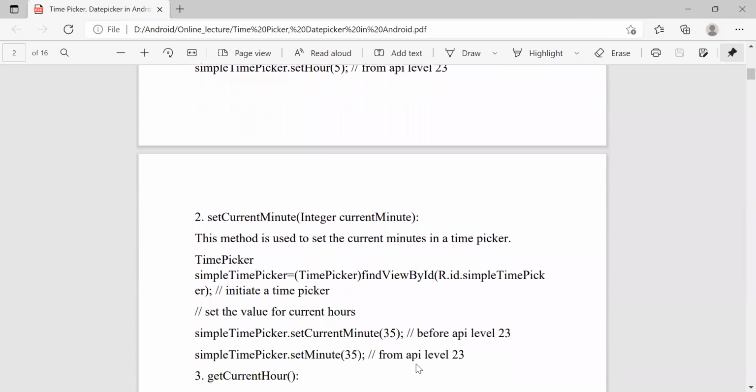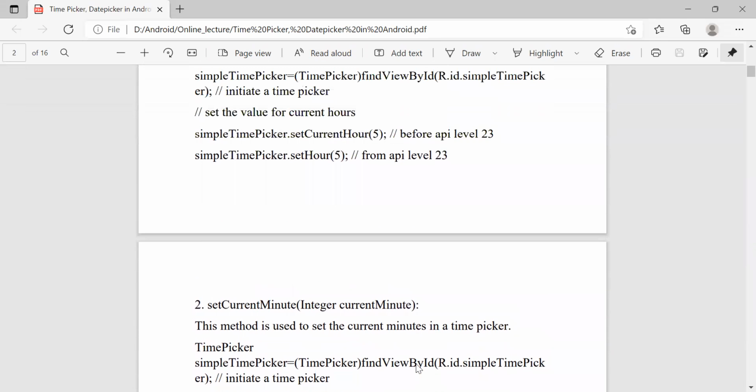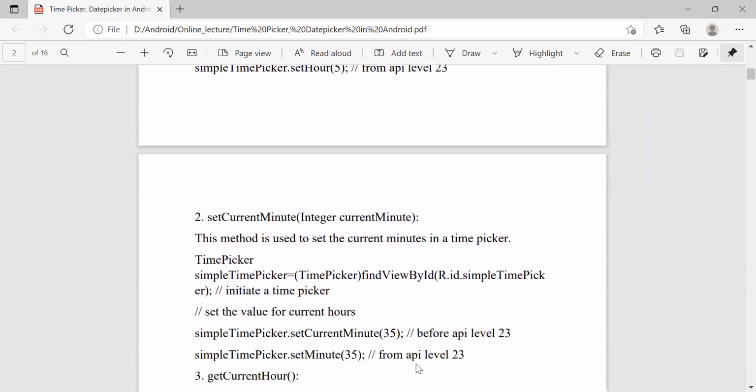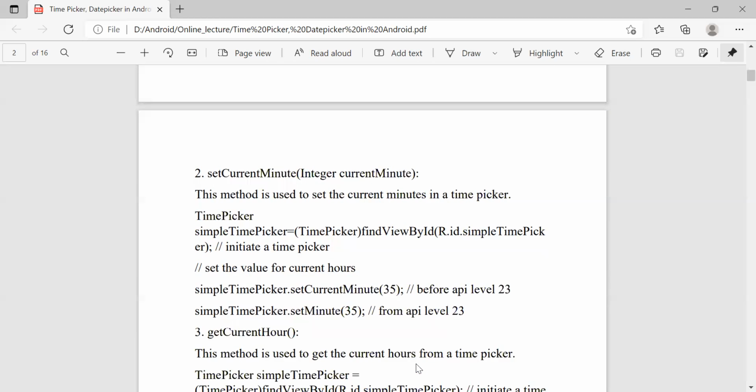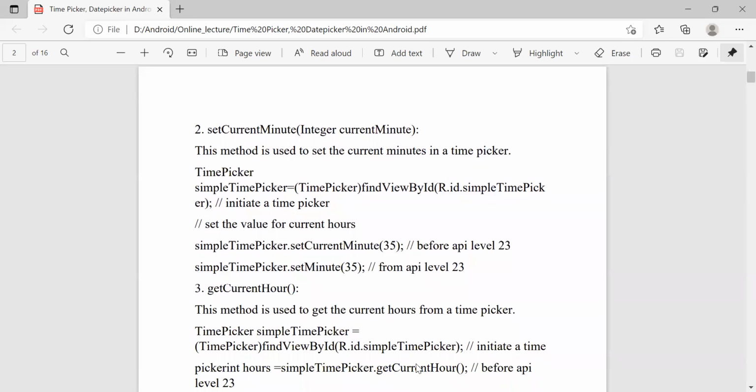The second method is set current minute. It is similar to the hour method. To set the hour, we use the setCurrentHour method or setHour method. To set the current minute, we use the setCurrentMinute method. It is used to set the current minute in a time picker. For that also we create an object and the value is assigned.